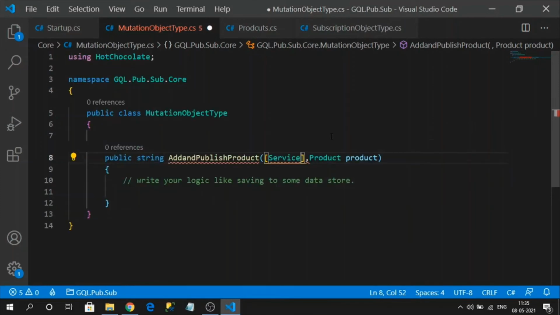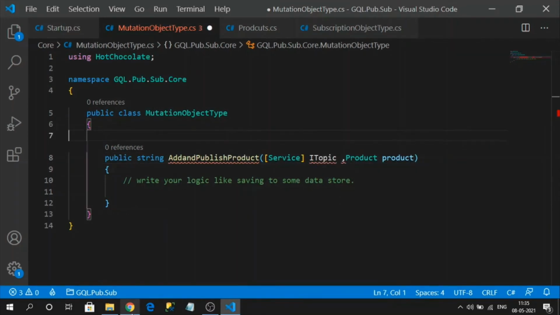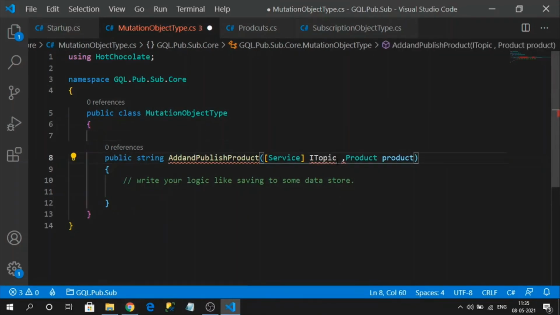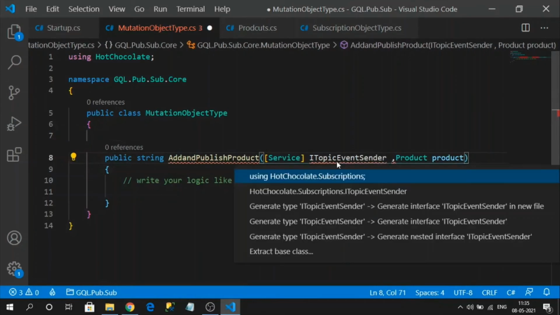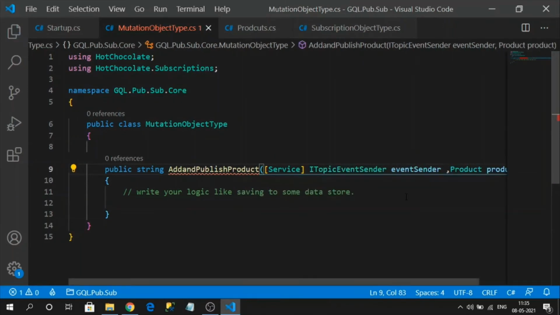This is decorated with the HotChocolate attribute, and its type should be ITopicEventSender. That's from the HotChocolate Subscriptions namespace. Here, it is an asynchronous event sender.